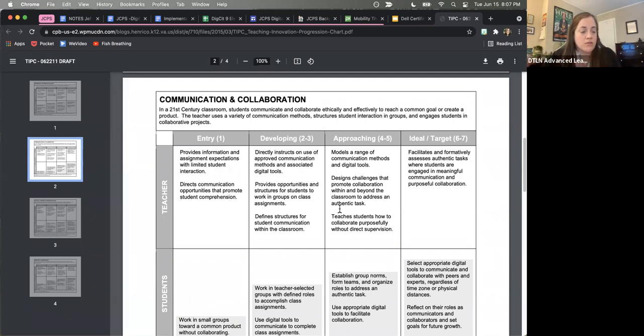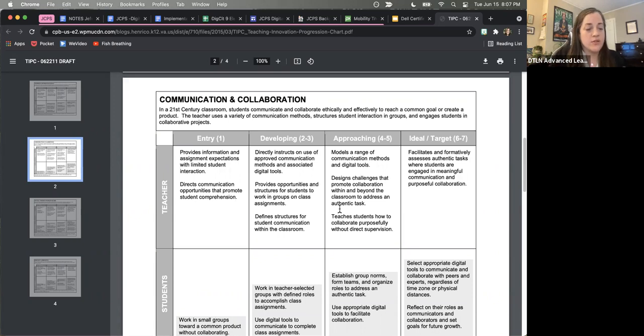If you are getting the students in the class to the point where it's more student-centered, then you have things like students selecting appropriate digital tools to communicate and collaborate with their peers. So it's showing a difference in how the class is run. This chart gives you a flow back and forth of different tasks and where they might fall as far as being teacher-centered or student-driven.